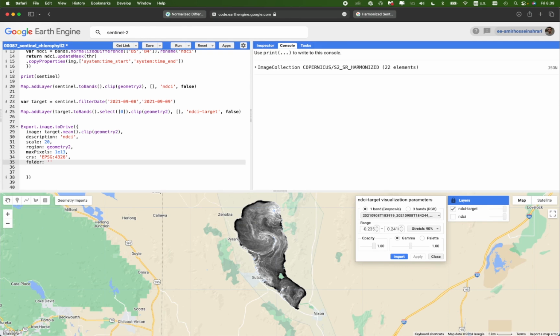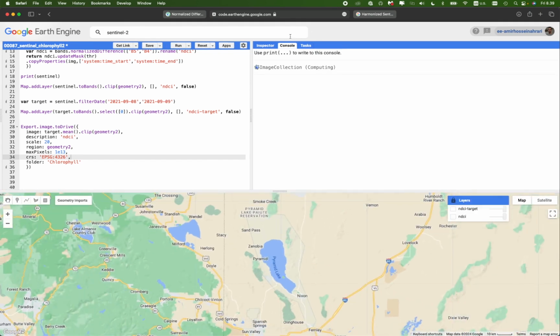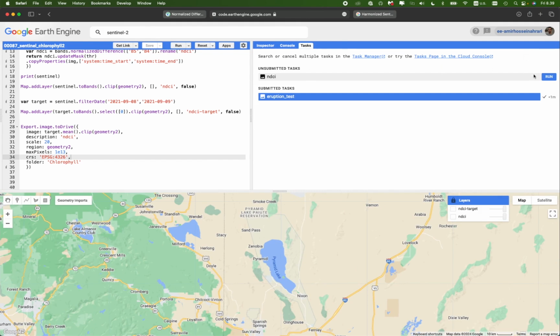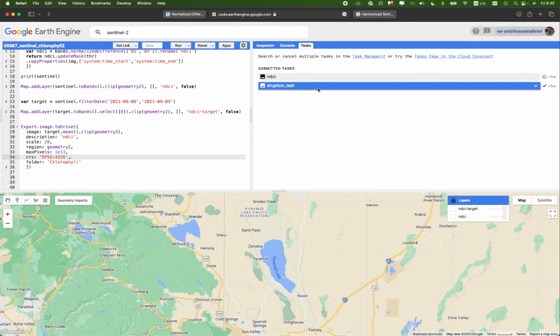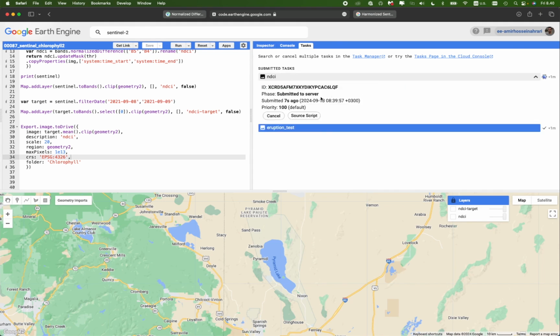For example, I'm gonna make a folder as chlorophyll, and then I'm gonna have the output in the folder entitled chlorophyll. Save the code and run it again. In the right panel, after a few moments, you will have NDCI layer that is going to save into chlorophyll folder, and clicking run. As you can see, the process of saving just started,